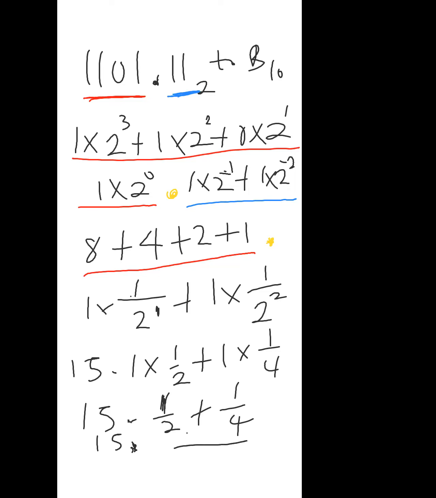So the LCM of 2 and 4 is 4, of course. How many 2s are we going to see in 4? Just 2. 2 times 1 will give you 2, plus 1. So what you have is 15 whole number 3 over 4. I'm going to put that on a new slide. 15 whole number 3 over 4. So we are going to have